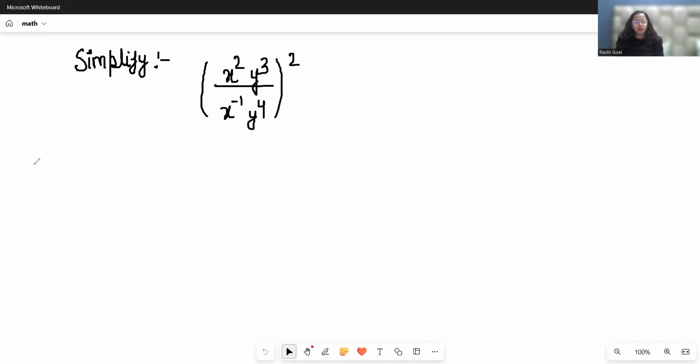We are going to simplify x square y cube by x power minus 1 times y power 4 whole square. So let's simplify this. We are going to use the exponent rule here. To use the exponent formula, that is x power m by x power n is equal to x power m minus n. So x power 2